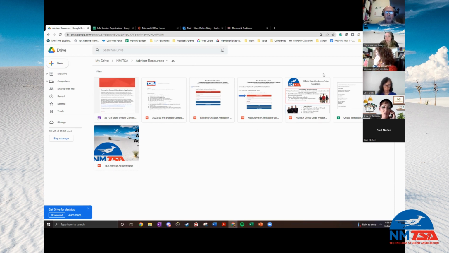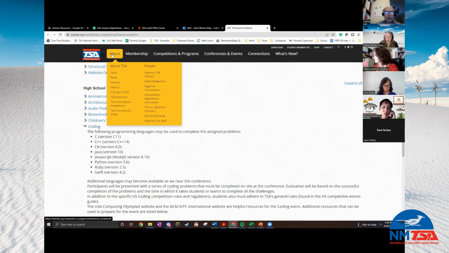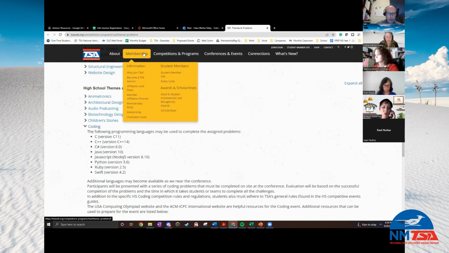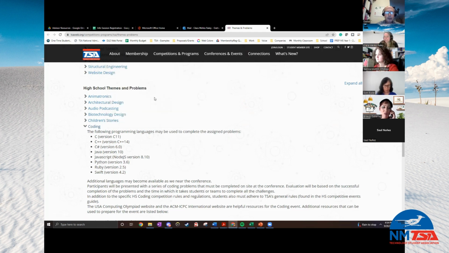So there's some things in here that you already have access to, in addition to the free resources that you have through TSA in general, which they just moved, but it's right here. The TSA brochure, the TSA promotional PowerPoint, the TSA promotional video. There's my dog. So you have some free access to things until you get your affiliation going.